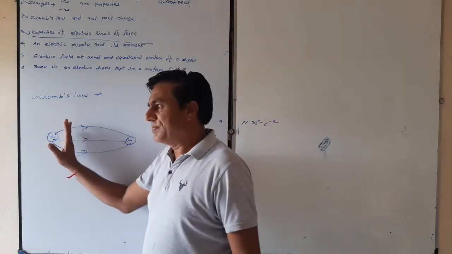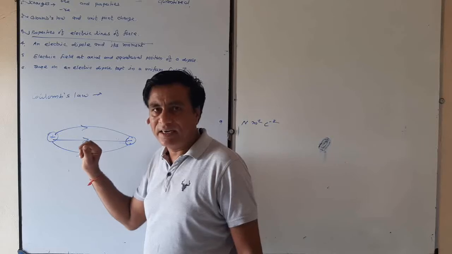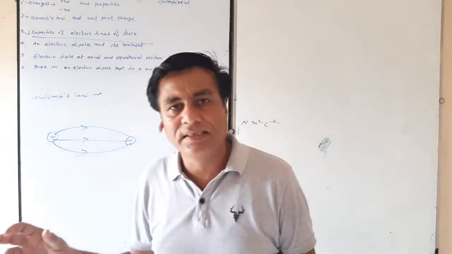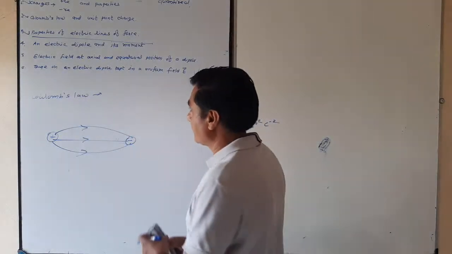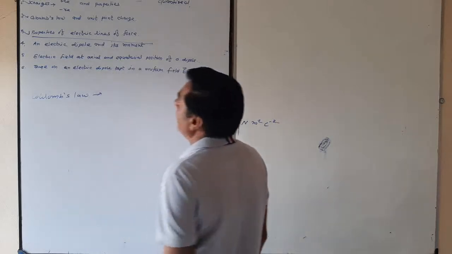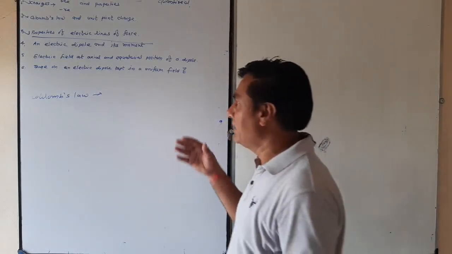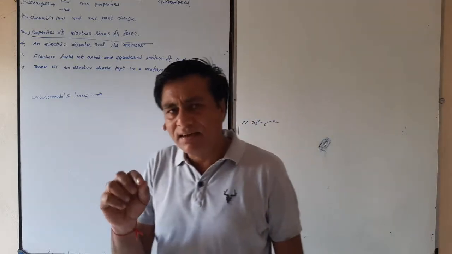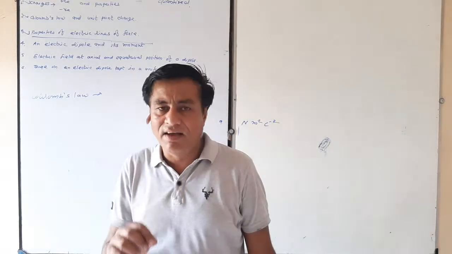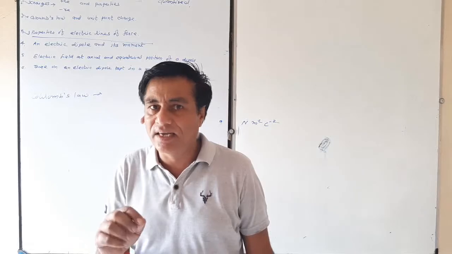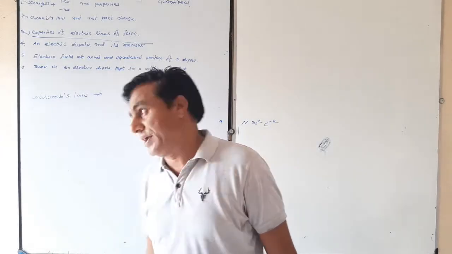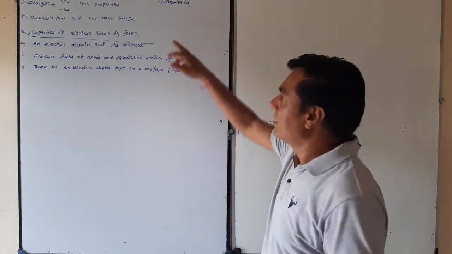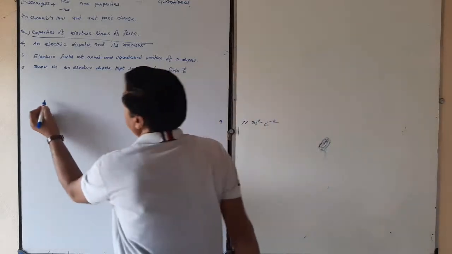And if the lines are denser at any point, the electric field intensity is more there. If they are rarer at any point, the electric field intensity is less. These are the properties of lines of electric force. And you can show the direction of the electric field: a tangent line drawn at a point on the electric lines shows us the direction of the electric field intensity at that point. Now, electric dipole. Yes, electric field, definition of electric field at any point.